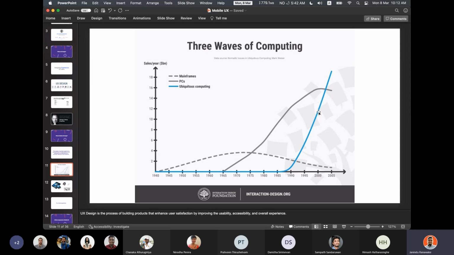It means people are using more and more mobile devices. If they are using that many mobile devices, we have quite a good market for our applications as well. But the fact is, even with this kind of usage of mobile devices and applications,